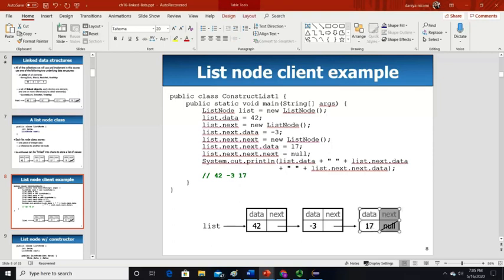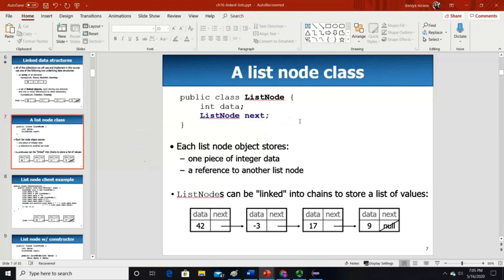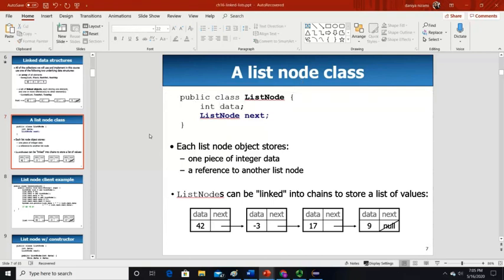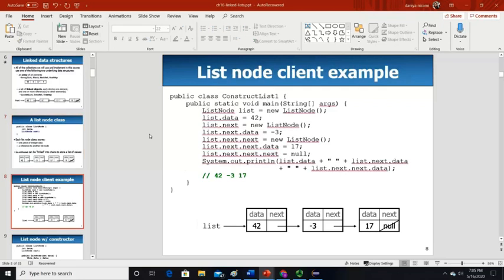Now to add the value like 17, you have to say list.next.next.data, because in this case data is the one who is holding the value, and data can be anything. It can be integer, double, string, depending on what type of list node you have created. So you can change over here to string, double, character, boolean, anything you want to carry the data for. Okay, so in our case this is only integers, and the last one is null.